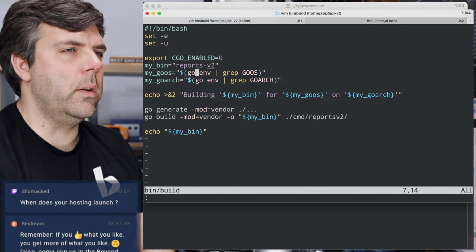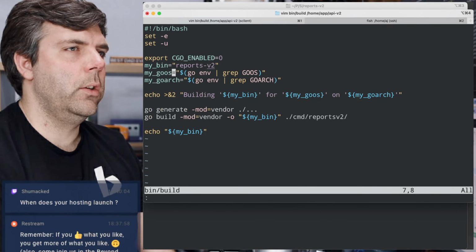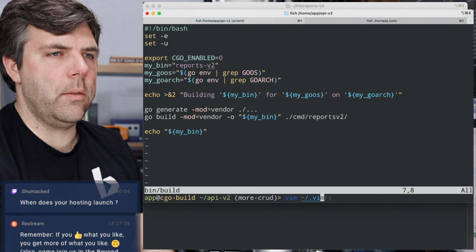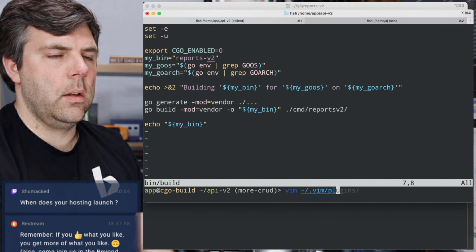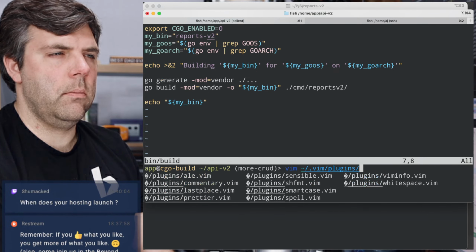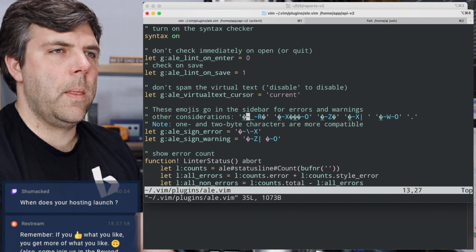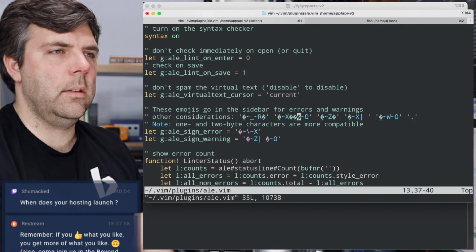Oh, it's probably a Unicode character. Could be a Unicode character. Hold on, I'm going to see if I can fix that real quick. There it is.